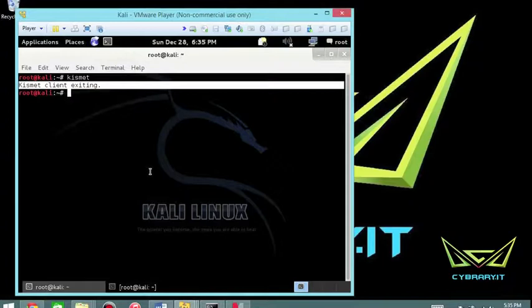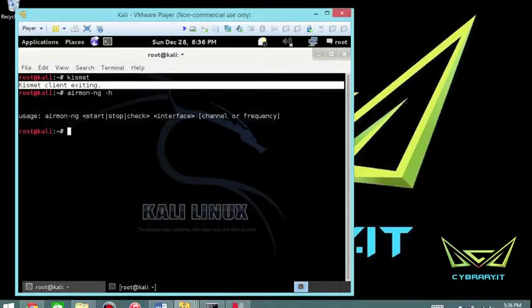Because the next step would be to take the things that you learned from Kismet and then start learning how to do some of the Aircrack-ng suite. So, for example, airmon-ng is certainly going to be one of the next things that you're going to want to do. So I just did an airmon-ng -h, and you can see airmon-ng, start, stop, check, the interface, and then the channel. So just to give you an idea,